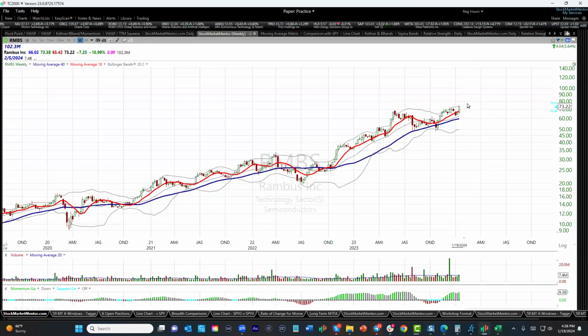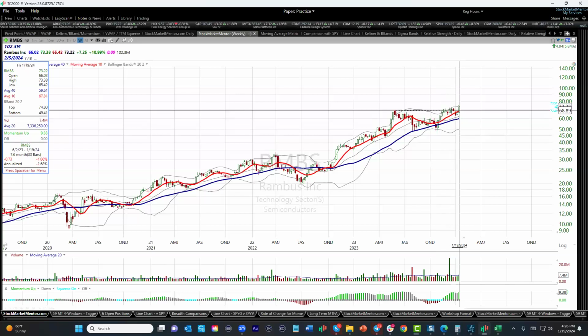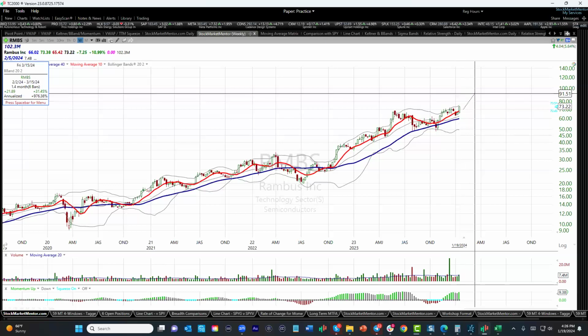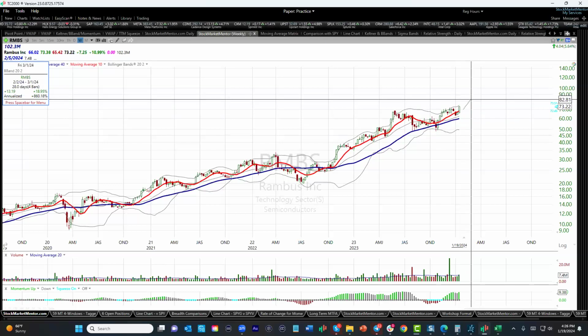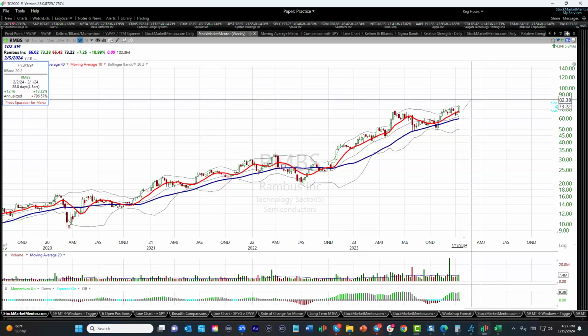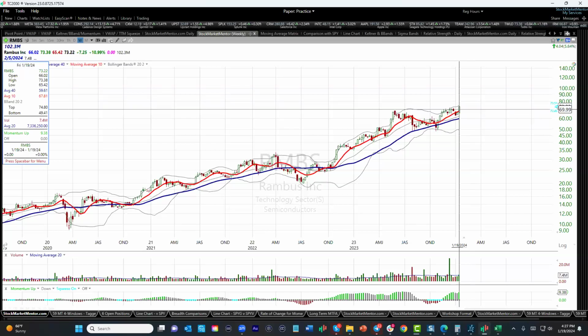frankly, to be perfectly honest, I would just be guessing. And I don't like to guess unless it's in cards. But $20 was the downside here. And so I guess we could do a measured move and say, okay, if 70 was the breakout, then let's pick 90 as the next potential pause. Or we could do what Bill O'Neil does, is say, when you get a bona fide breakout, you should